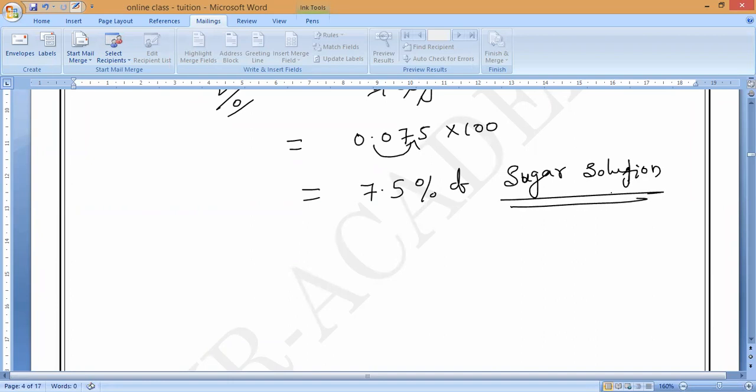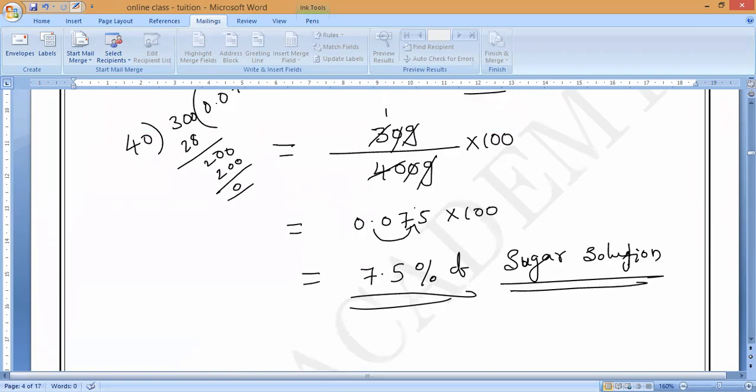Yes or no? You have to note it down. Please write and solve it. Here only two decimals are moving. 0.75 means 75 will come, and 0.075 means 7.5 will come. Understand? Solve it now. You are not all responding in chat also.